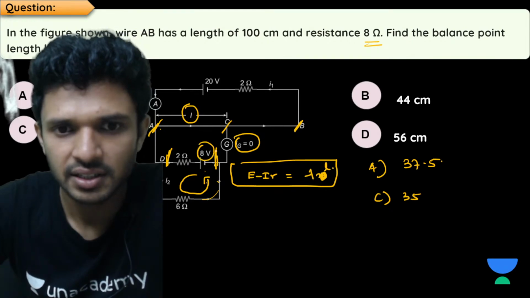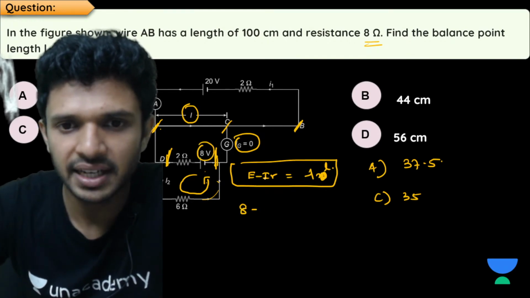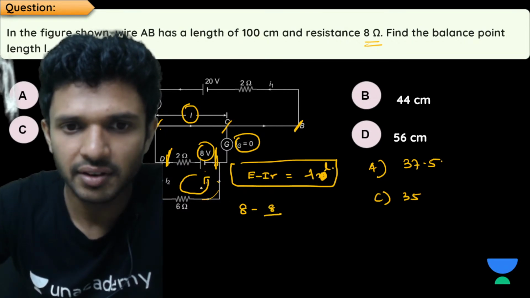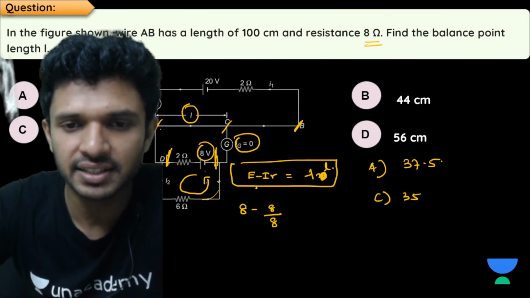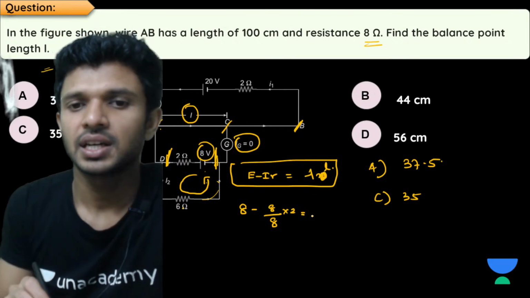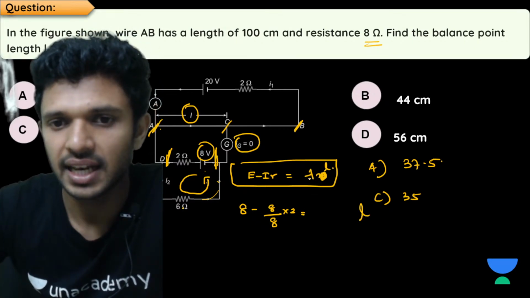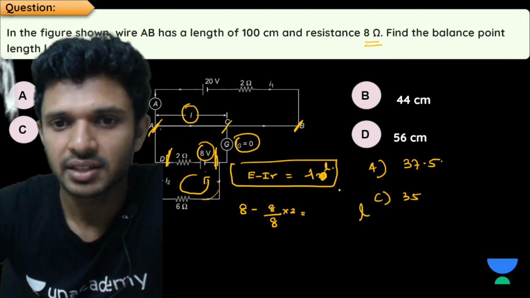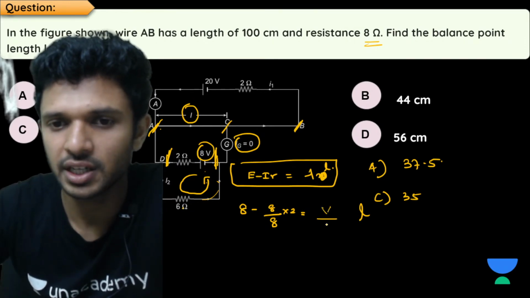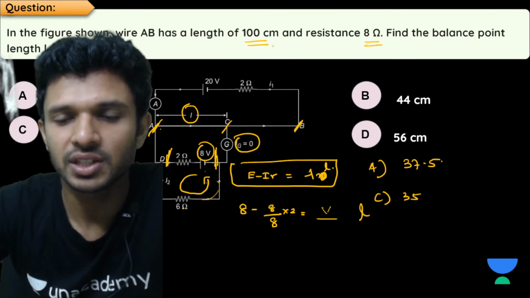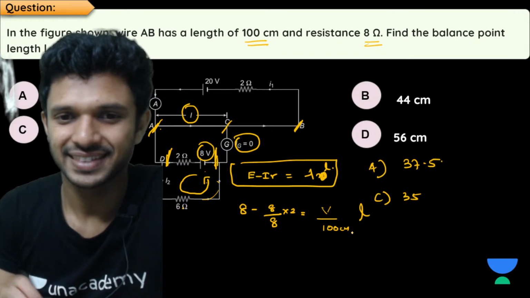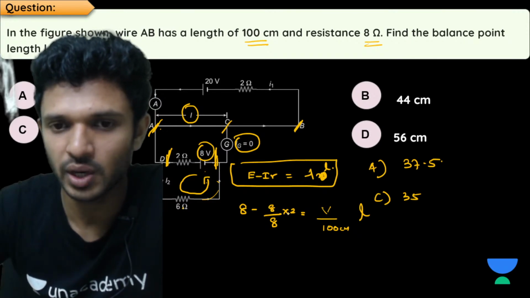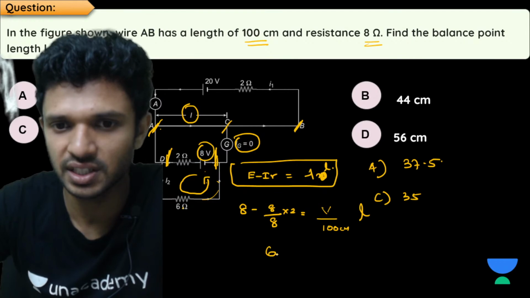What is E? Substitute. E minus Ir. The current in this particular circuit I is equal to EMF divided by total resistance, 6 plus 2, 8, into the internal resistance 2, is equal to lambda times L. What is lambda? That is voltage per unit length. So what is the total length here? 100 centimeters. Okay, so 8 minus 2 is 6, is